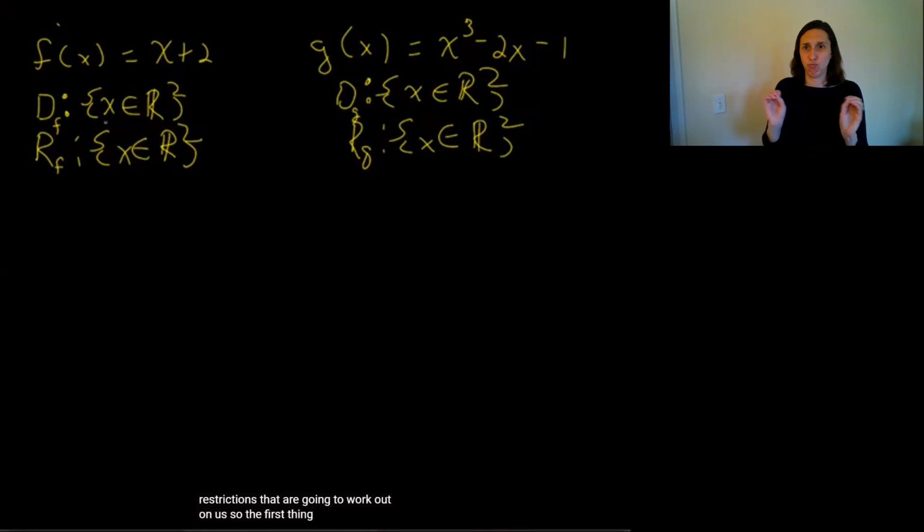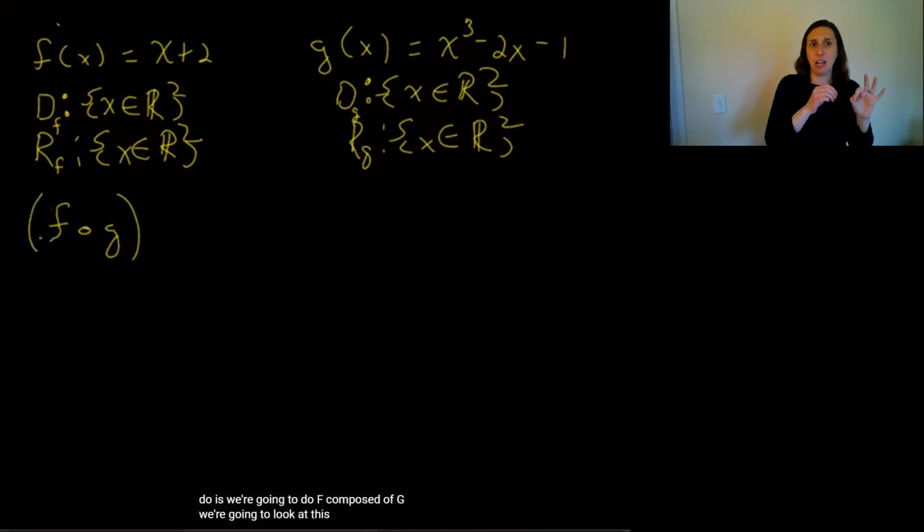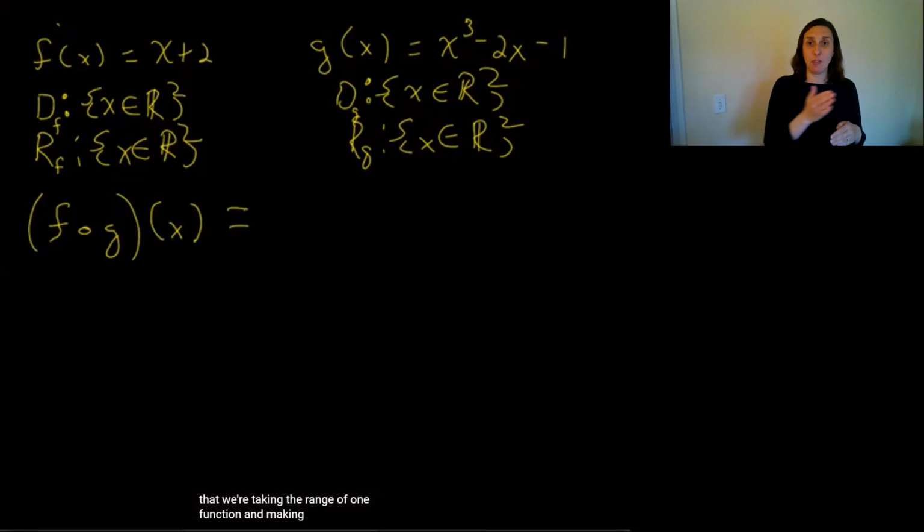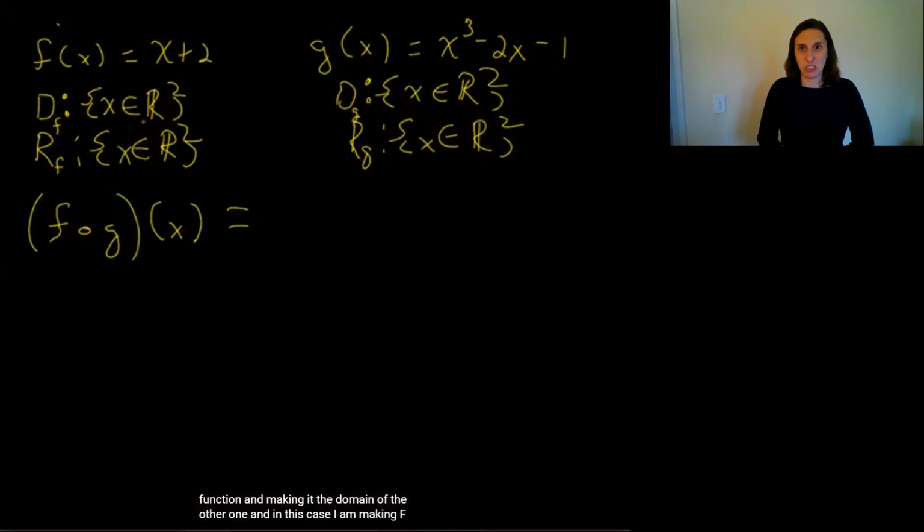So we have no domain restrictions that are going to work out on us. The first thing we're going to do is f composed of g, and we're going to look at this definition and what it means. We set our stage. We know that we're taking the range of one function and making it the domain of the other one. And in this case, I am making f